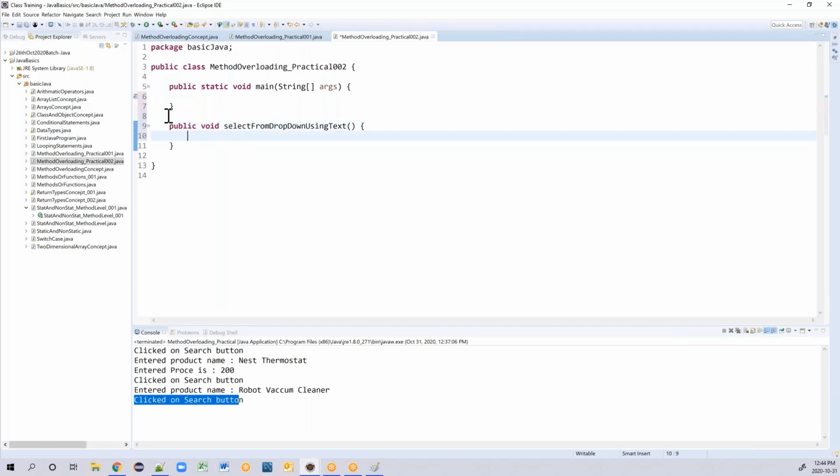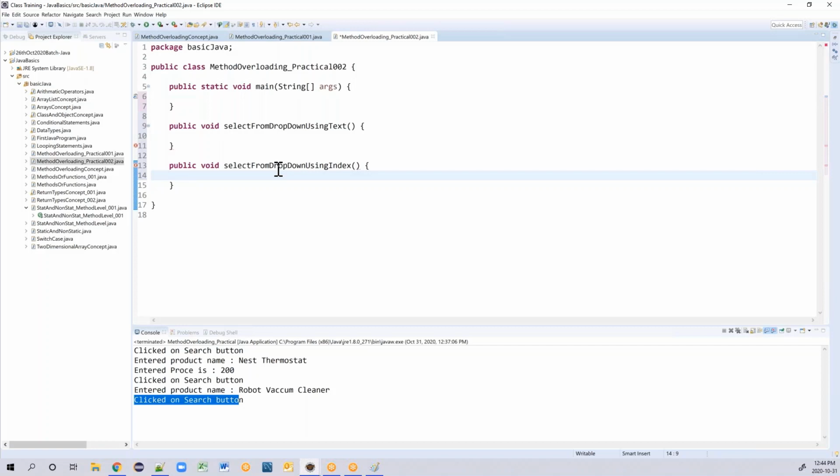This is one method. Now, the second method is public void select from drop down using index. Let me copy this and make the change.